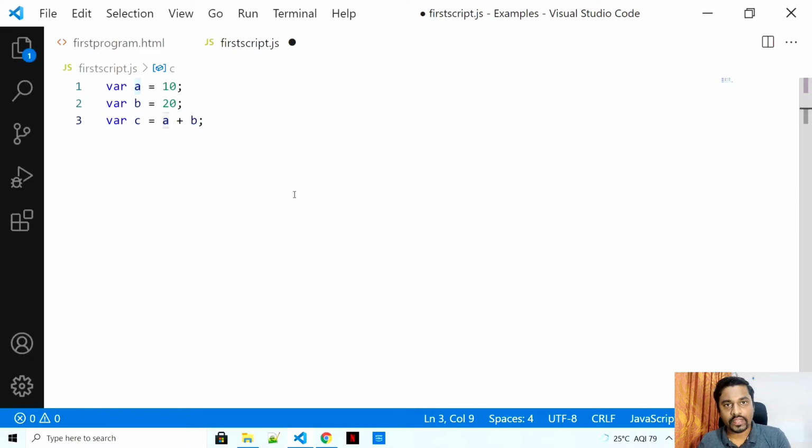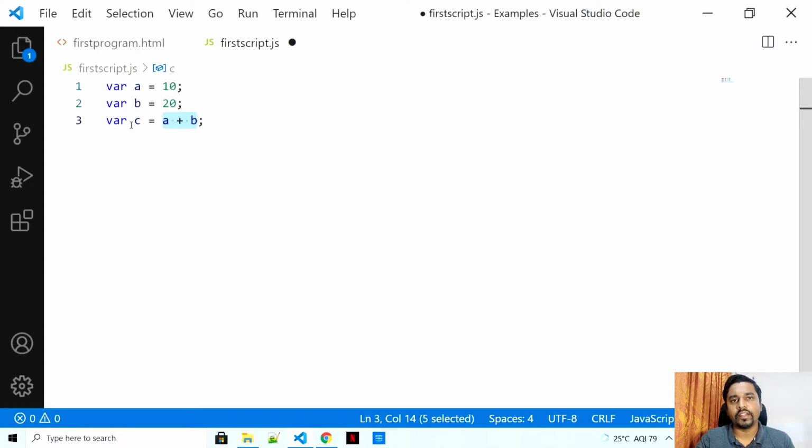It will calculate that first, and then it will assign the same value to our left hand side. That means a plus b will be executed first, and then the value would be assigned to c. Simple as that.